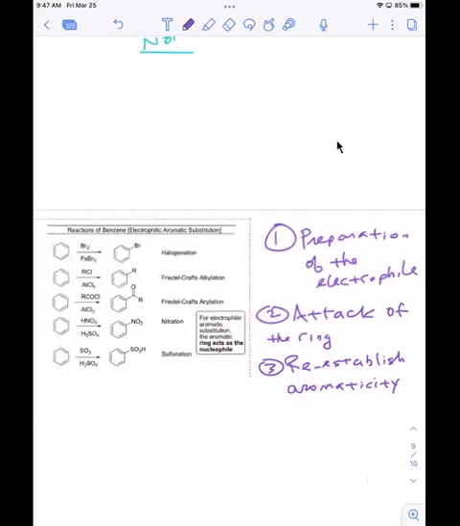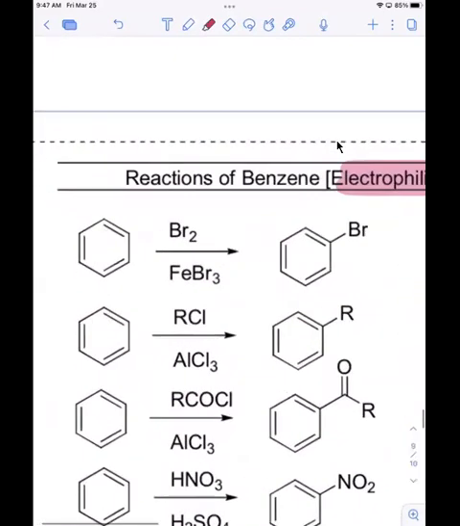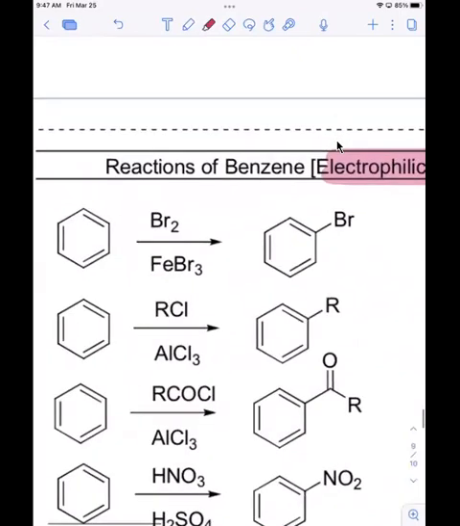All right. So when we look at these reactions, they are classified as electrophilic aromatic substitution. In this particular case, the ring is the nucleophile, as written down here. So the ring is going to act as the nucleophile. And then the substitution part, if you notice, I added a bromine